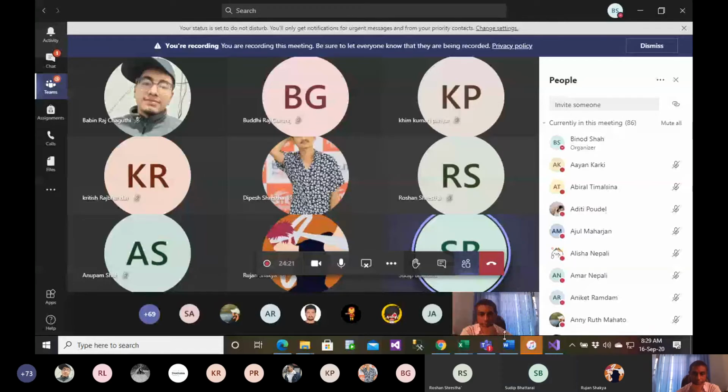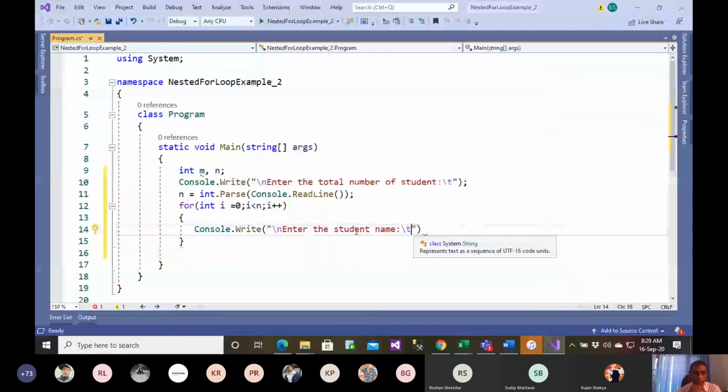Okay, so you want to ignore this backslash? I don't know, but in Python there is an option, though I don't know if we can ignore it here. There is a way using the at sign. By using the at sign you can do it. If you put the at sign at the beginning, I think this will be ignored. Got my point?